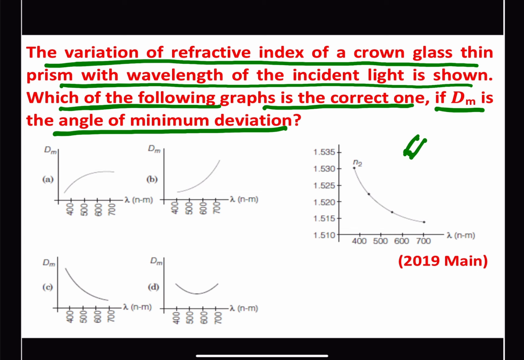Here as lambda increases, the refractive index decreases almost exponentially. So this is the given graph, and we have to find out the graph for the angle of minimum deviation. And we know that the refractive index for dm, the minimum deviation,